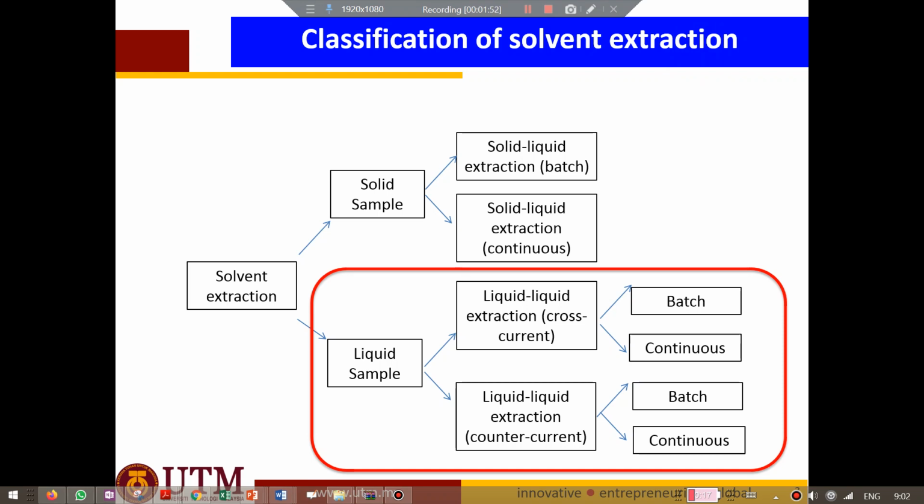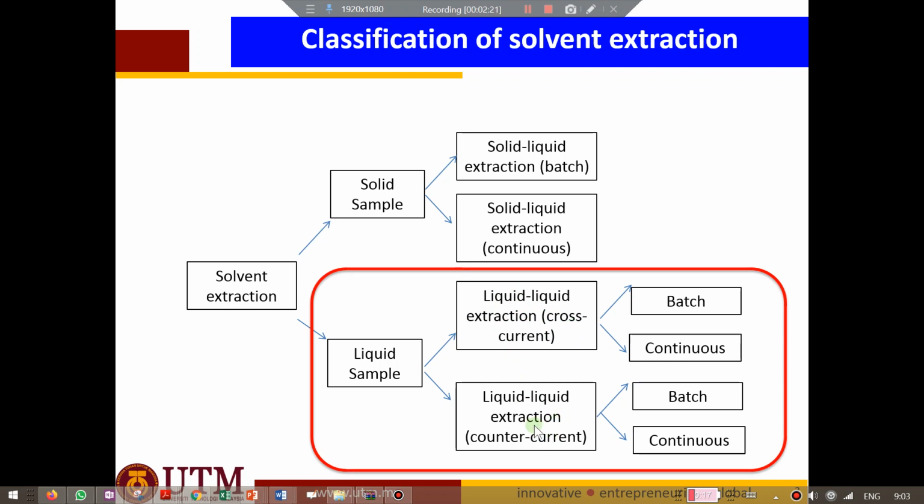So that is meant by continuous. Okay. Right. On the solid liquid extraction, you can apply the, actually, we will discuss it in detail later. But in the liquid sample, we can perform liquid extraction. In liquid extraction, we have the cross current and the counter current. I'm not really sure if we really focus on the liquid extraction or we will focus on the cross current,